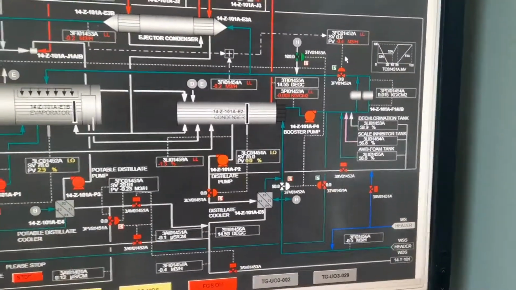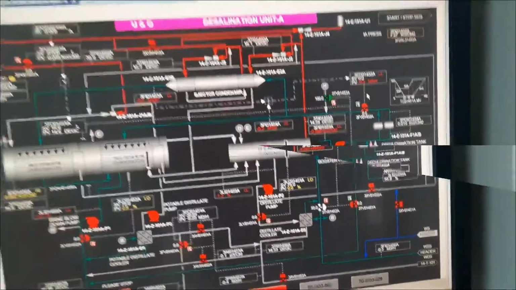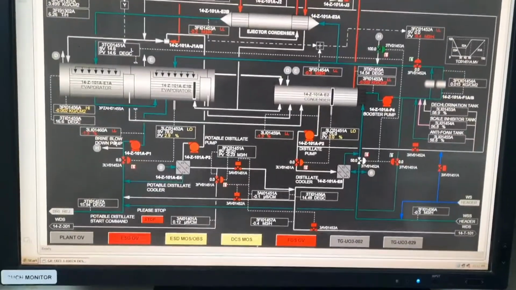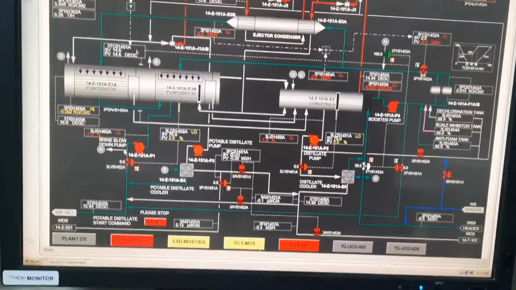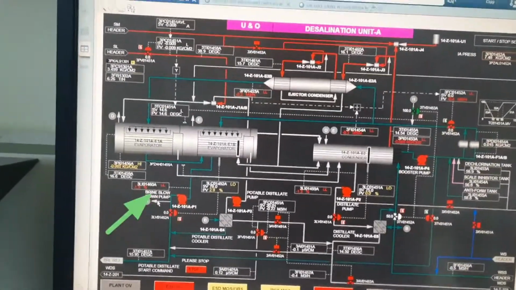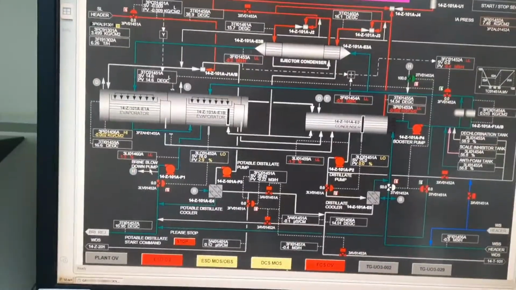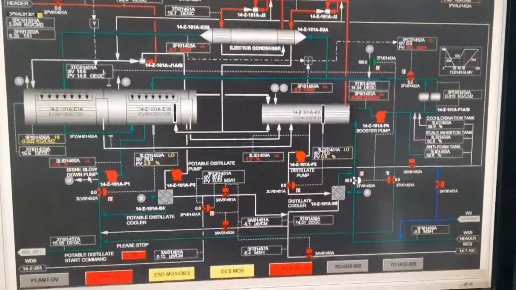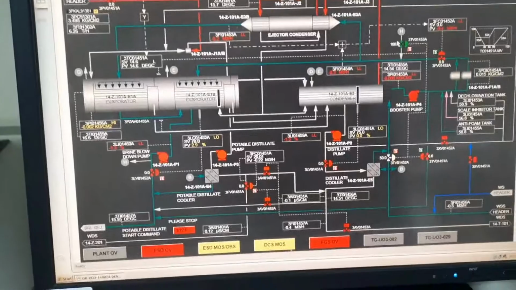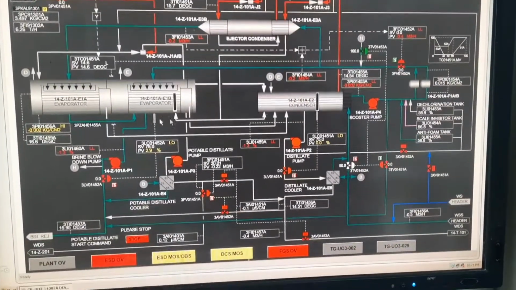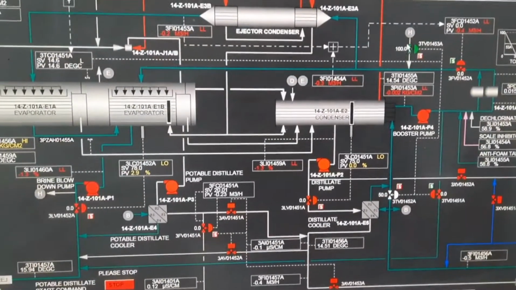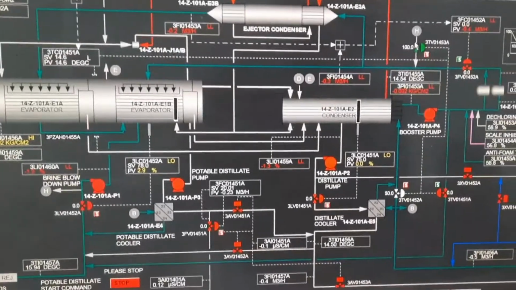Clear? So the next process is water circulation. For the water circulation, you need to check on the local side the brine blow down discharge side isolation valve. This valve is normally continuously open, but the first time you must check whether it is open or not. The local operator should check the brine blow down outlet valve, whether it is open or not. And after that, you need to open this recirculation valve TB1453.